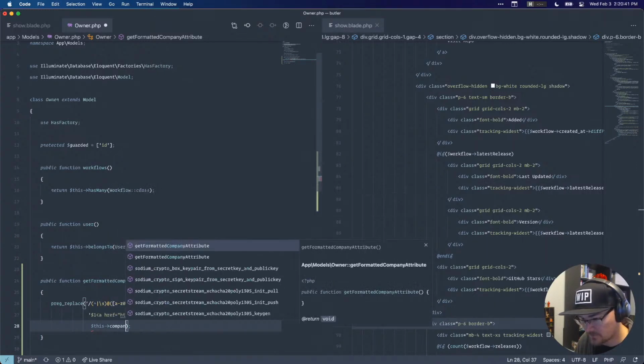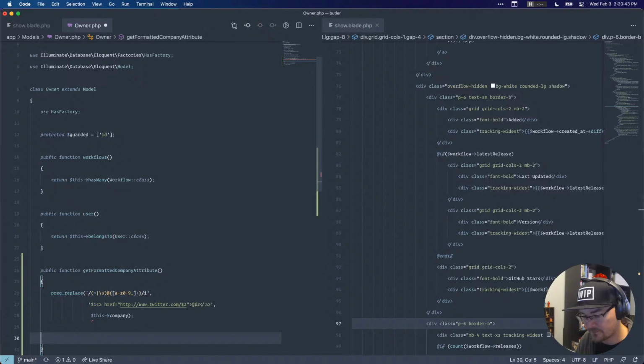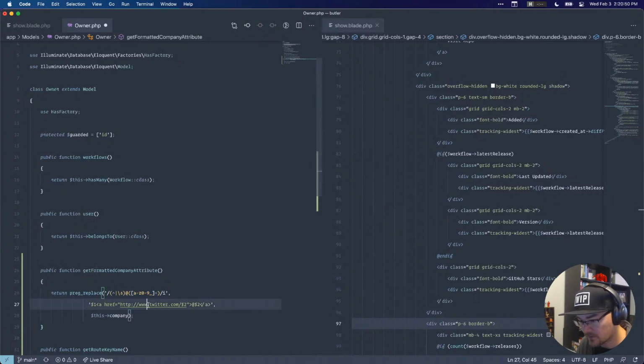This company, return. Instead of Twitter, we're gonna do github.com/, yeah, that should be good. And then we're gonna do